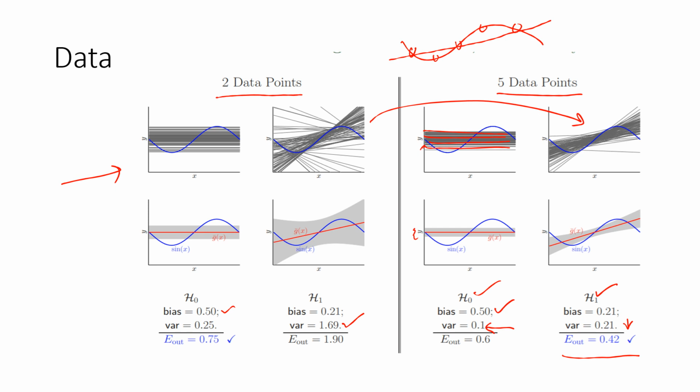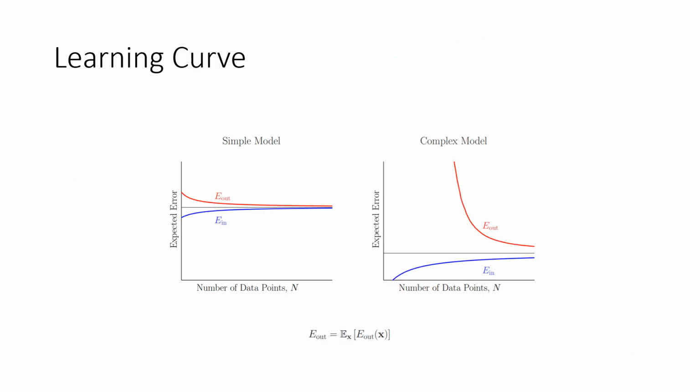Okay, so having done this analysis, we have a lot of things that we need to put together in order to get a better perspective of the trade-offs we have seen so far. One way to summarize all the trade-offs that we have looked at so far is something known as a learning curve. This is what a learning curve looks like. The learning curve summarizes the behavior of the in-sample and out-of-sample errors as we vary the size of the data n.